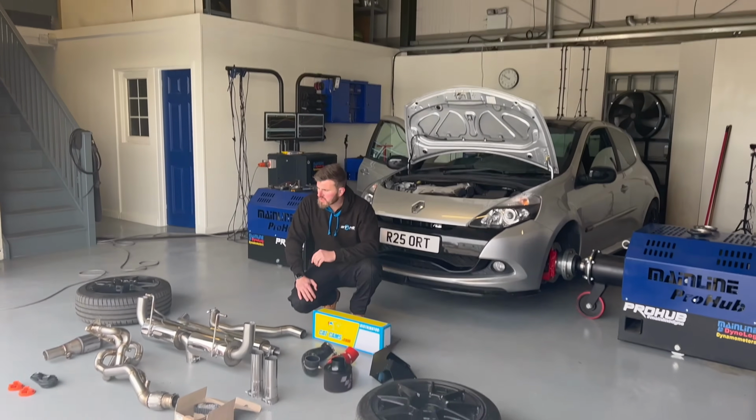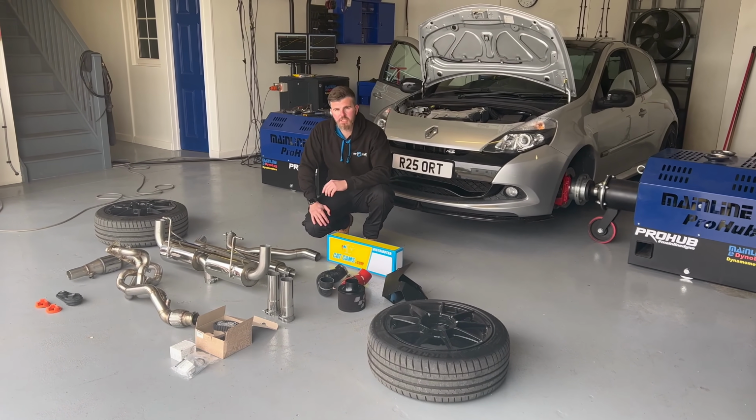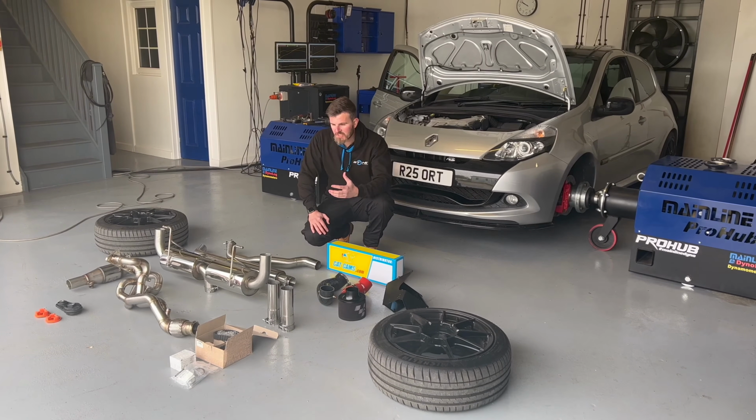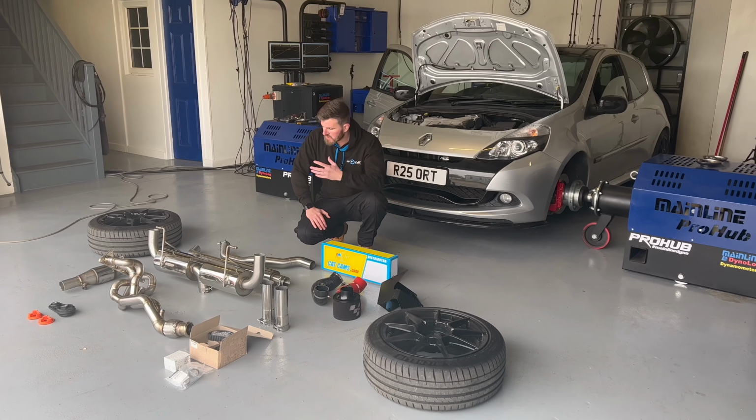So as mentioned, we've come to Colchester in Essex to see Andy at Engine Dynamics. Now, for those of you that are familiar with the channel, I have been here with my 172 Cup, and like I said, me and Matt have discussed doing some tuning work on his 200 to really get the best out of the car. Now, in today's video, we're going to do the base run, obviously with a standard car,